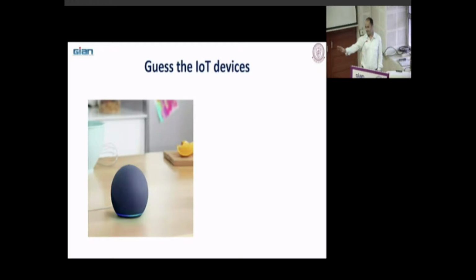If I keep that Alexa here, can I use it here? If I give some command, does it work here? Sorry? It has to link with the smart devices. Smart devices. What smart devices do we need here? What do you think? AC. Okay.